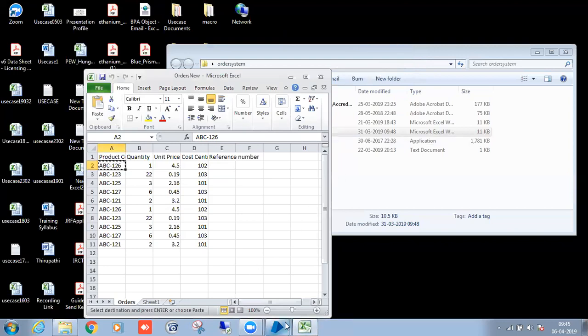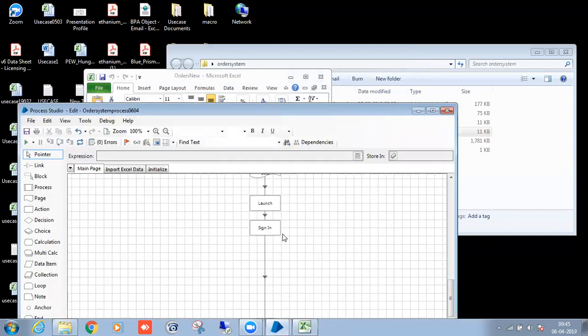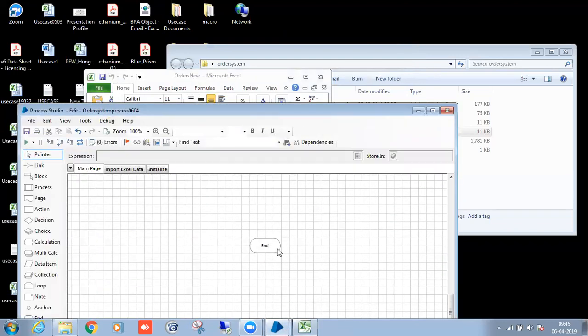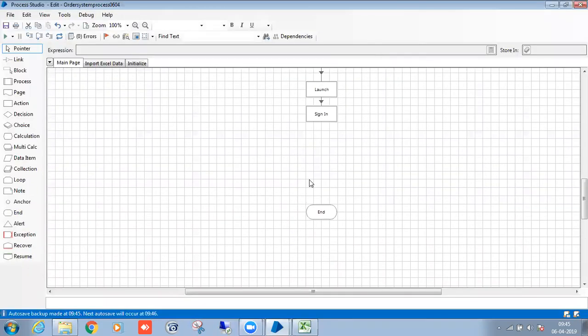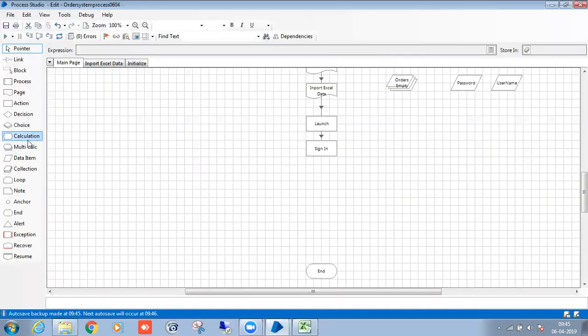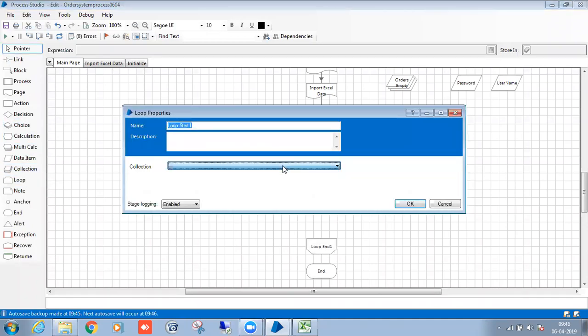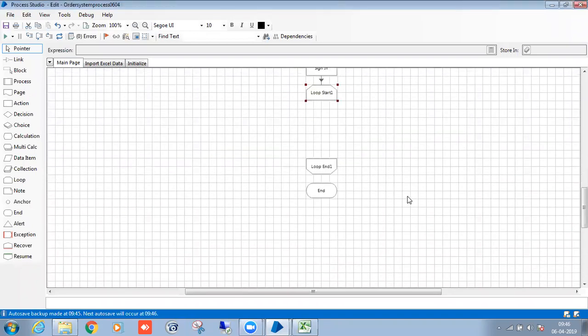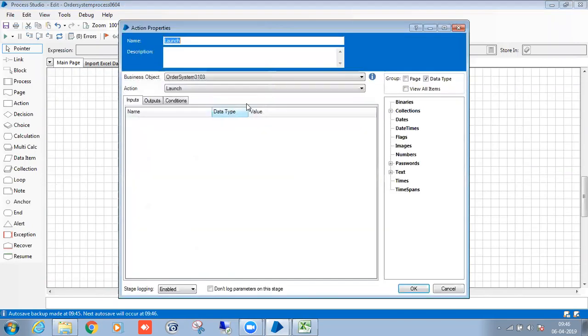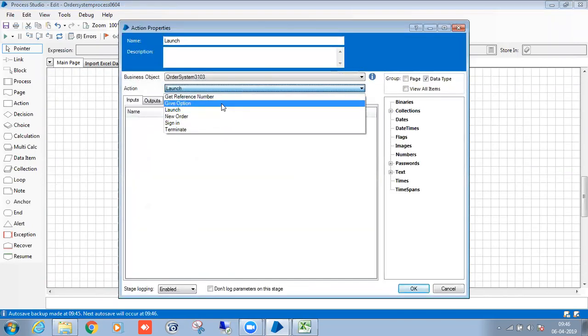Okay, the same thing you have to perform here. I have to take the loop because I have a set of orders. For the loop, collection is input. Options.